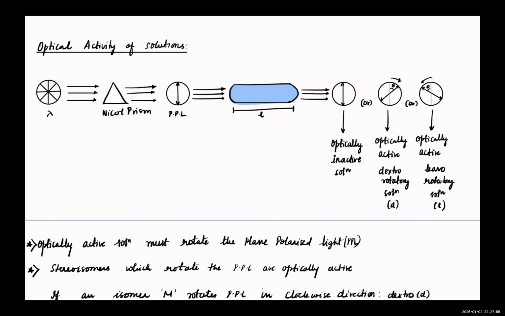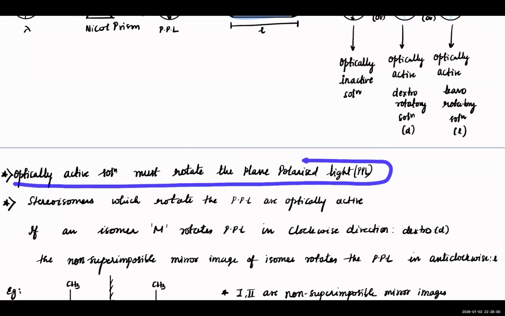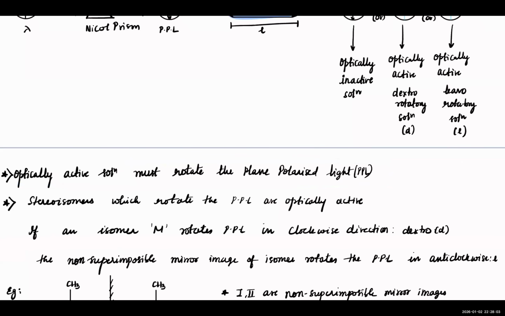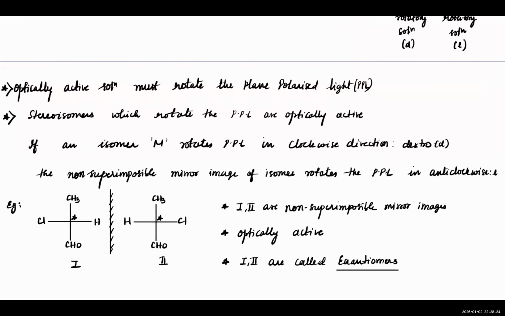So what you need to understand from here, what is the summary of it? Optically active solutions must rotate the plane polarized light. If they are not able to rotate, then they are optically inactive. Second, stereoisomers which rotate the plane polarized light are called optically active. If an isomer rotates plane polarized light in the clockwise direction, it is called dextrorotatory. And most importantly, if one molecule is showing dextrorotatory, then its mirror image will show levorotatory with the same angle